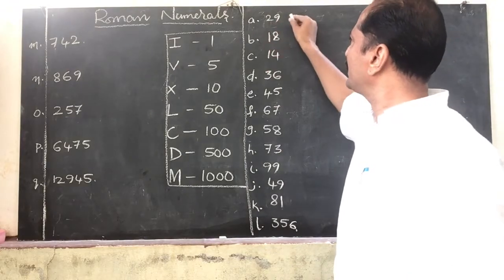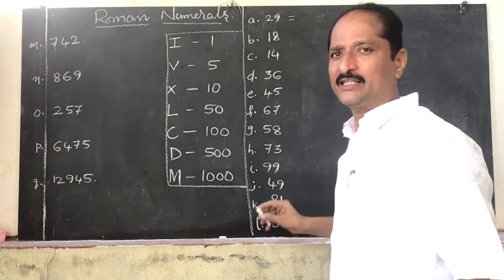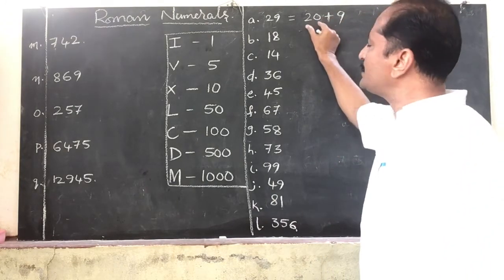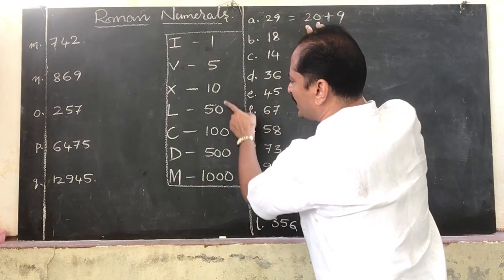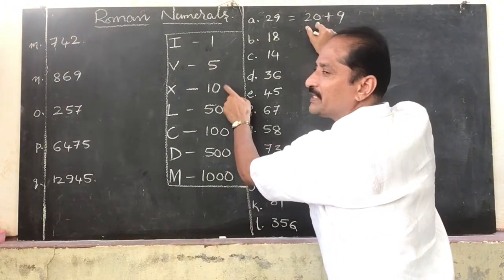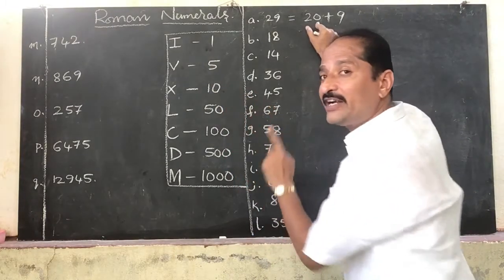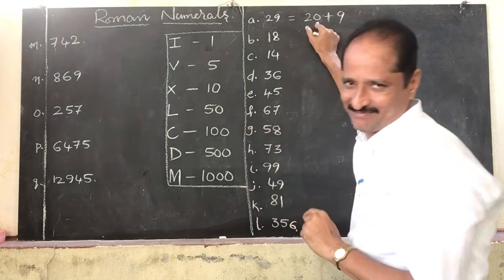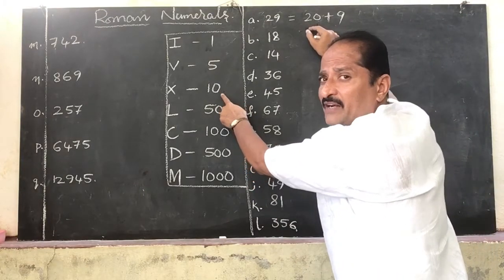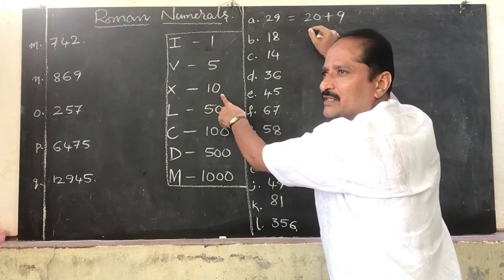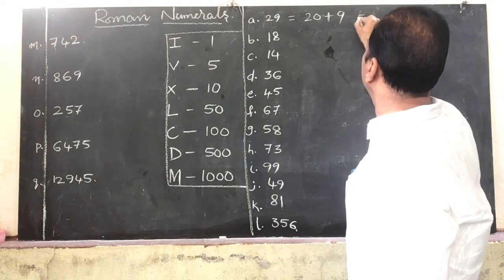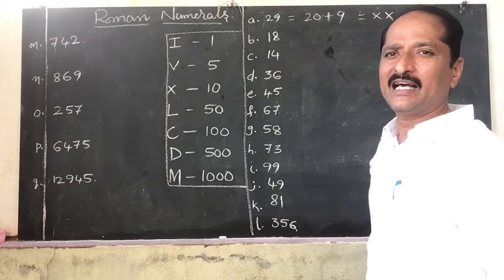First of all, given here is 29. So write down the expanded form of 29, that is 20 plus 9. Where is 20? 20 is in between 10 and 50. Till 30, X should be repeated for 3 times. If you want to write 40, from 50 we have to take out 10. But 20 is there, and 20 means it can be repeated twice. So if you are repeating 2 times, 10 plus 10 is 20. So instead of writing 20, we write XX, and then write 9.